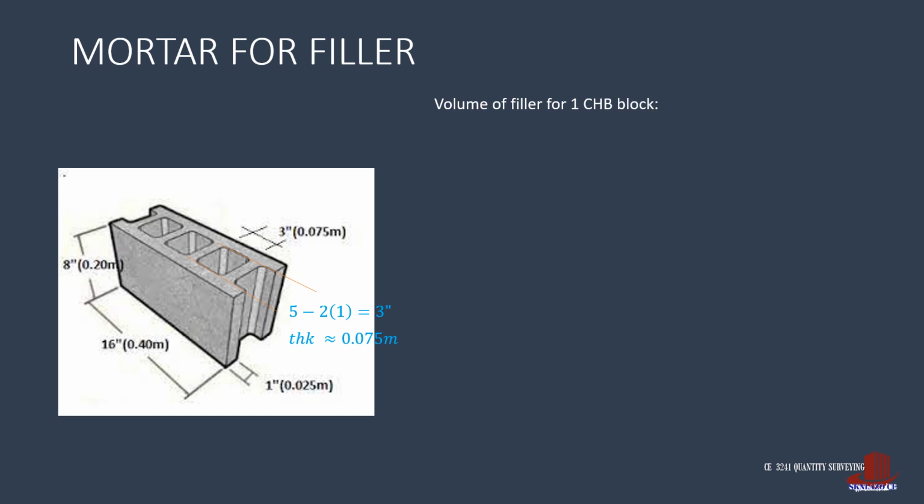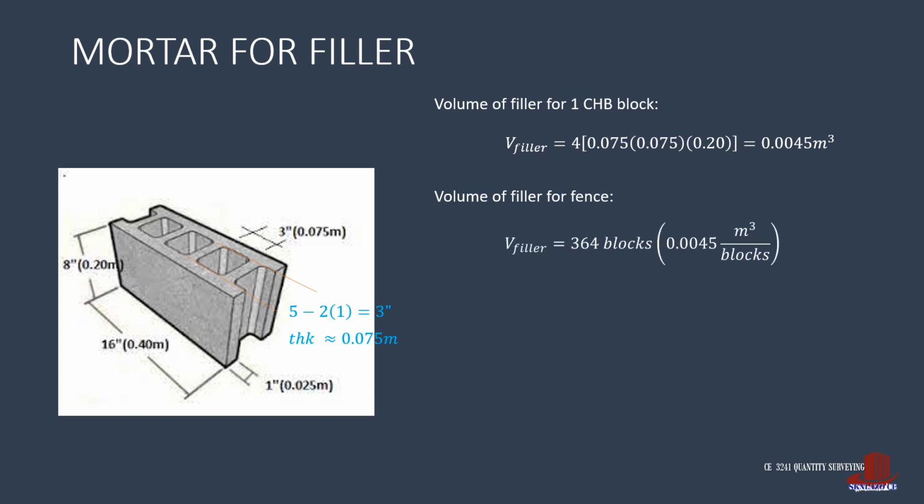The volume for mortar in each CHB unit is then measured as 4 of 0.075 times another 0.075 times 0.2, resulting to 0.0045 cubic meters. Next is to take the volume for filler in 364 blocks for the whole fence. And that takes 364 times 0.0045, that is